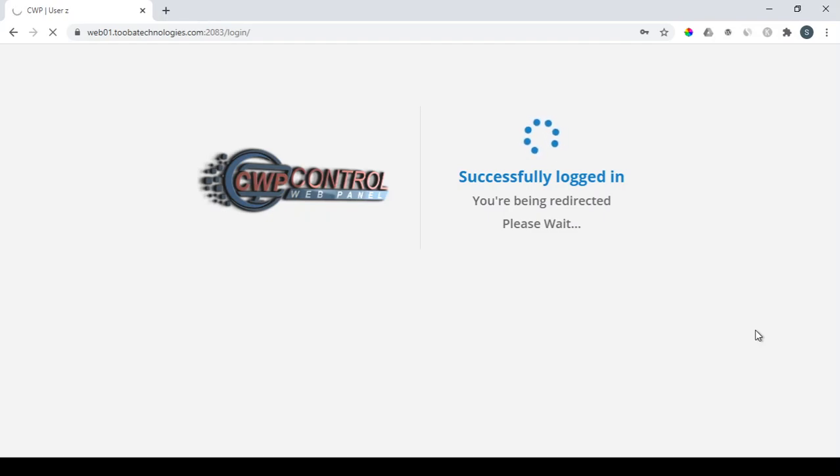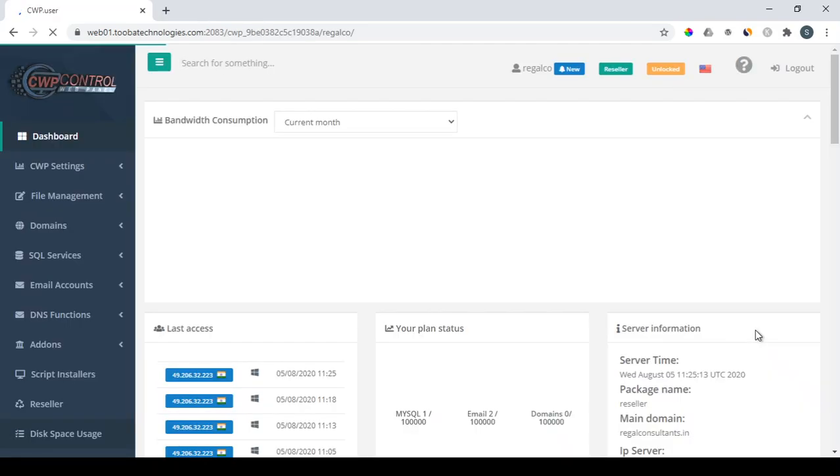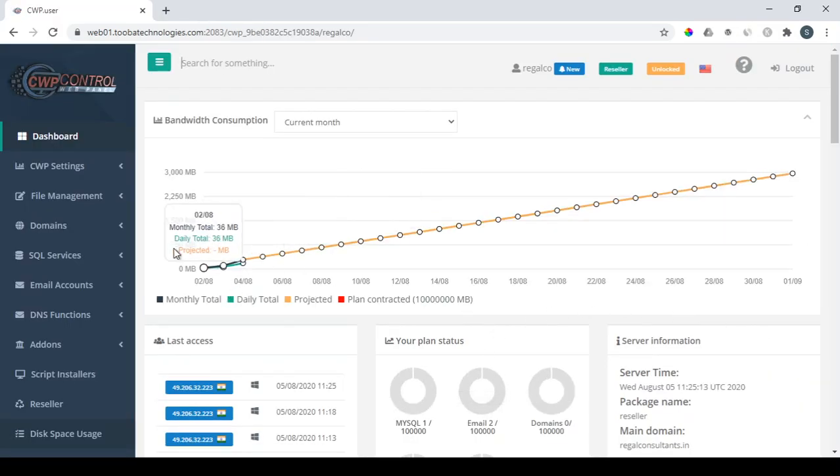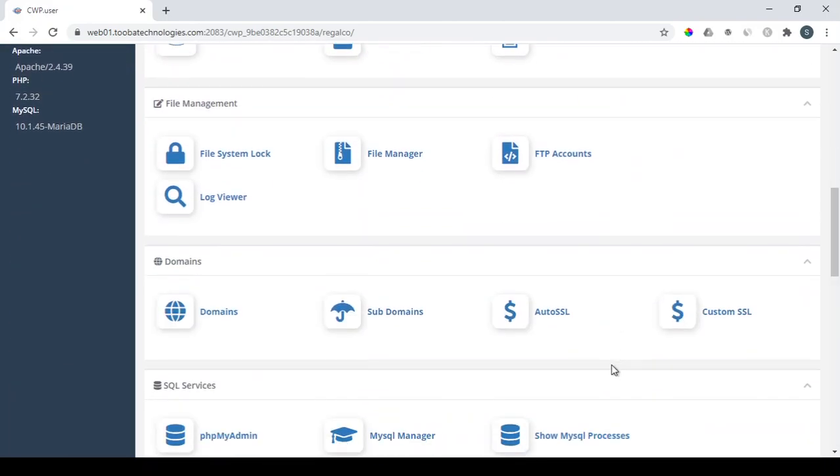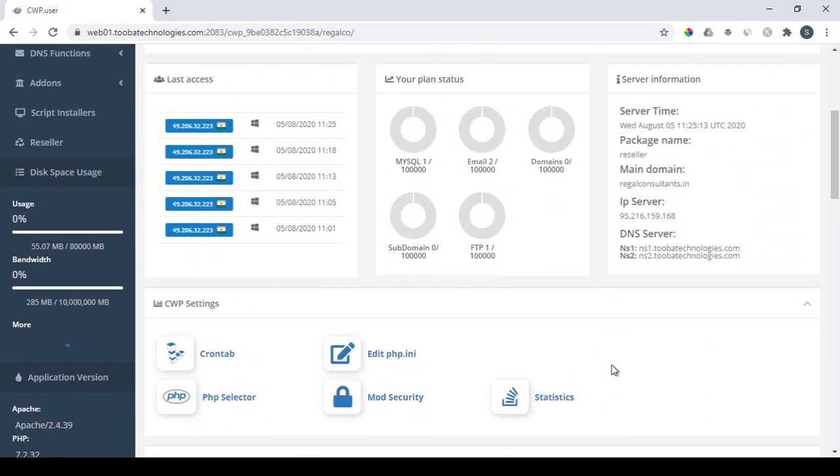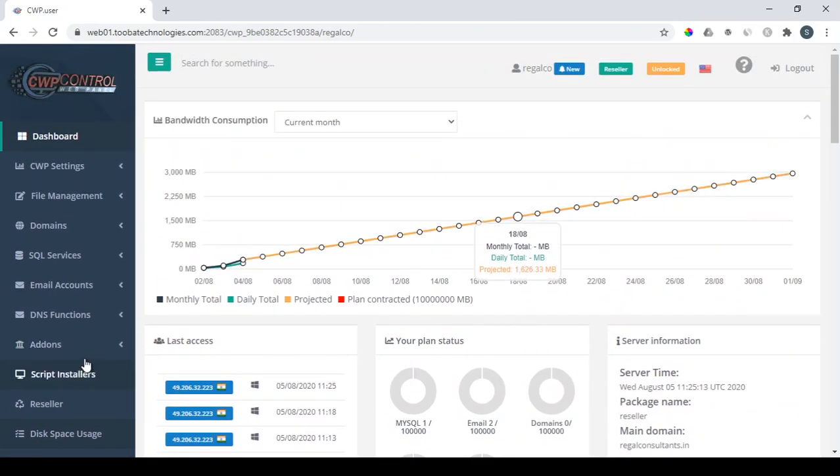Once it logs in, you will have a totally different control panel. The one that I showed you during the class was completely different, and this one is completely different. That is because every provider will have his or her own control panel. This service provider has given us this kind of control panel, and it's really good and easy because it is showing lots of statistics in a single place. To install your WordPress, just go to add-ons, click on WordPress.